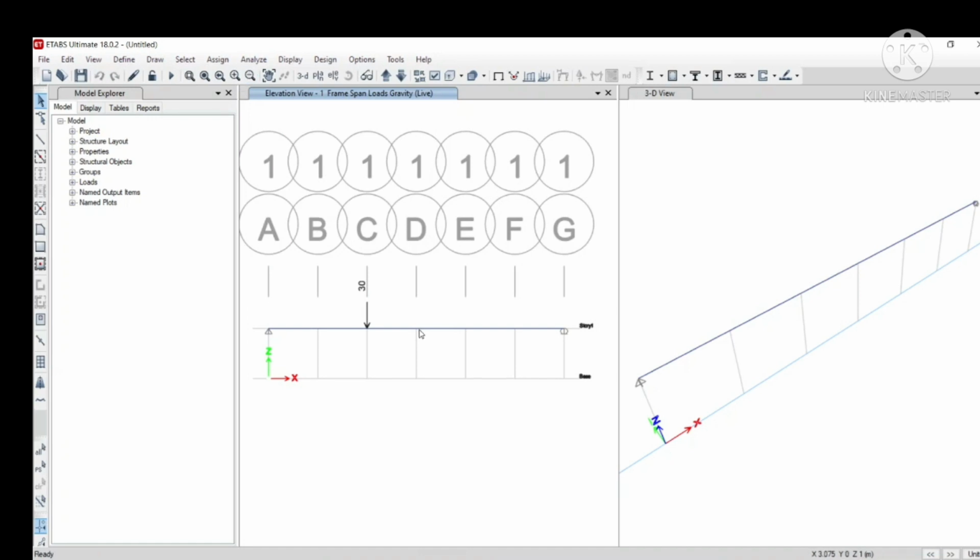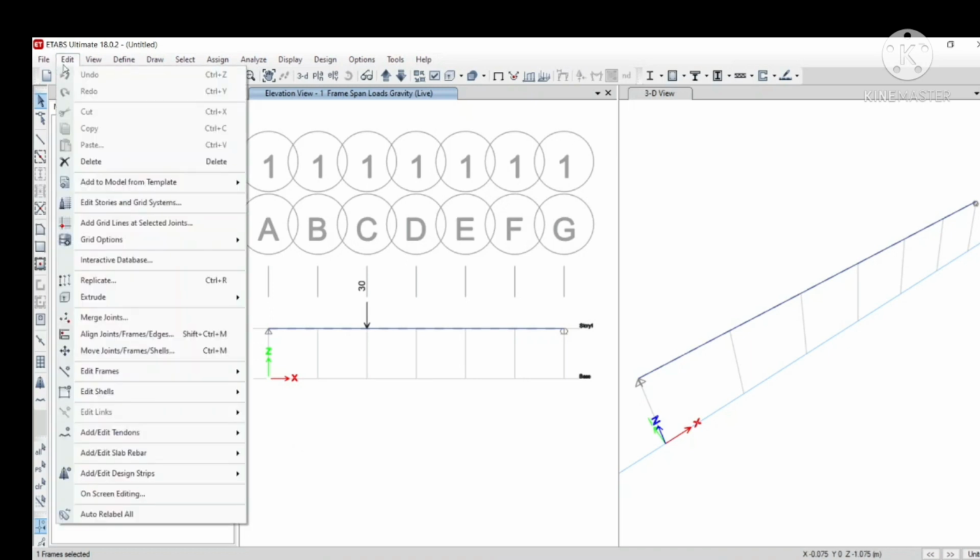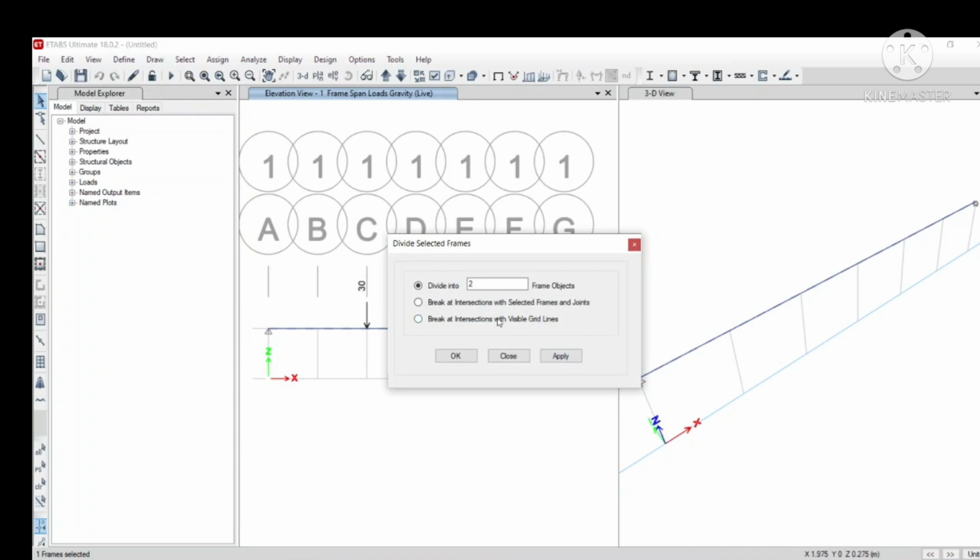So this is a single element. If you need a deflection at a particular distance where you require, what you have to do is you have to split this into finite elements. So let us split into the finite elements here. So let us divide these frames, divide into 100 number of objects.